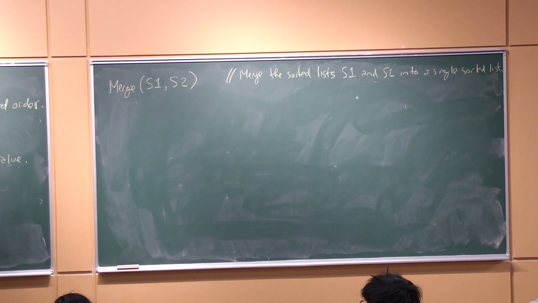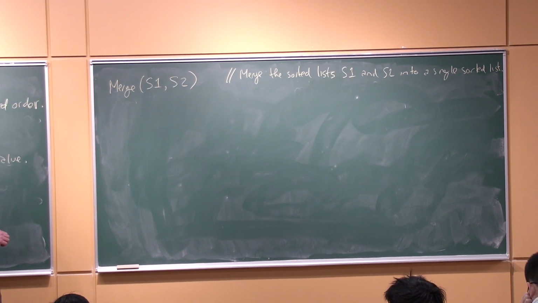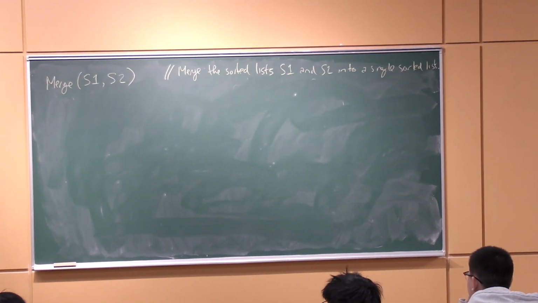All right. Now this won't be a recursive algorithm, or it would only be trivially recursive if you wanted to do it that way. So it'll just be an iterative algorithm. So there'll be some loop in there,